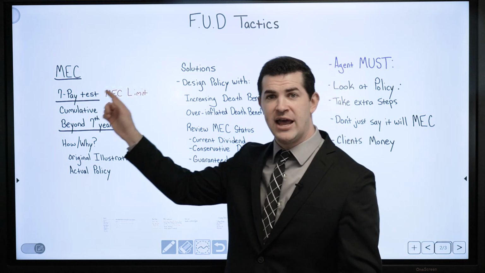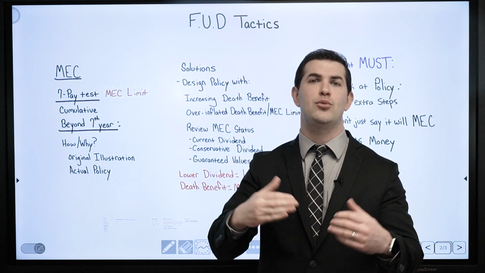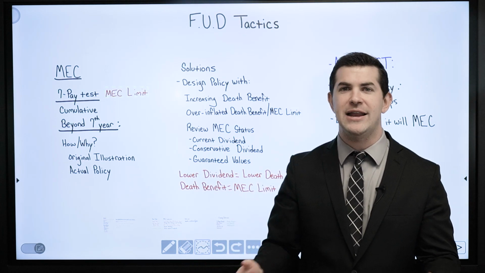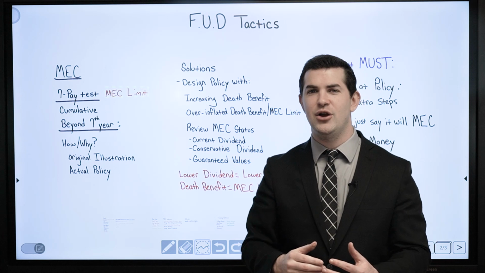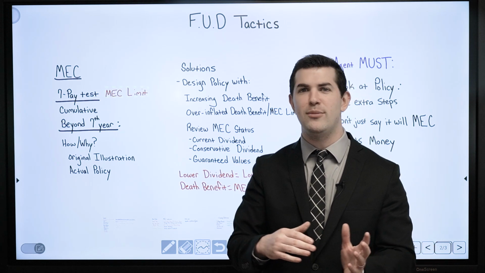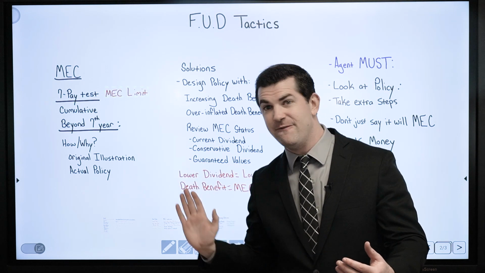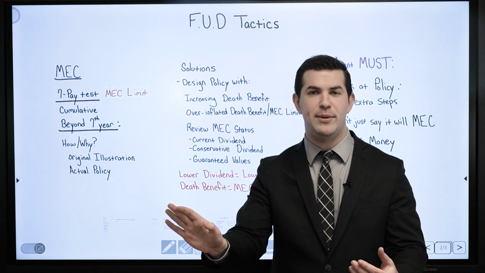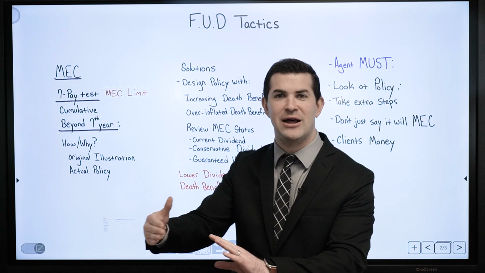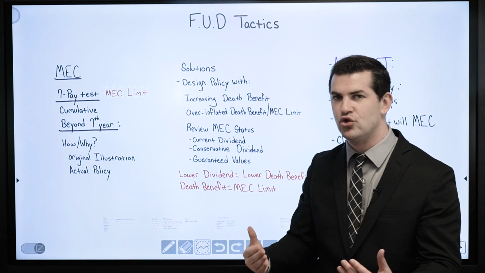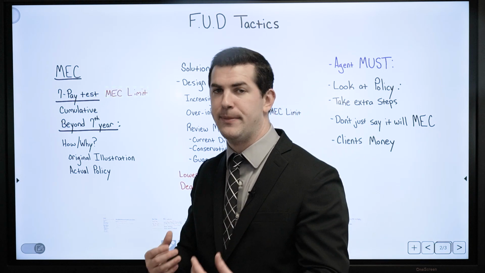If I go over that MEC limit in terms of how much I pay into the policy, that's when I can trigger a MEC. Now here's the beautiful part. When it comes to a life insurance policy, we can set that MEC limit almost wherever we want. For example, if I want to be able to pay in $50,000 per year into a policy, I can set that MEC limit at $50,000 or more. I have control of doing that as the agent and the consumer when I set up a policy.